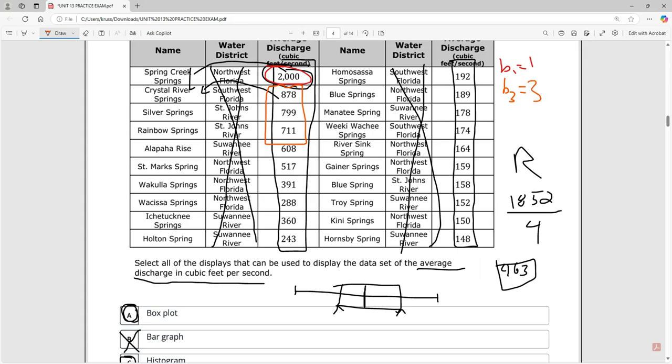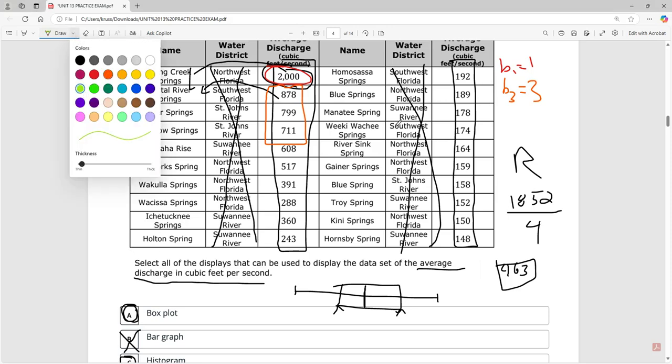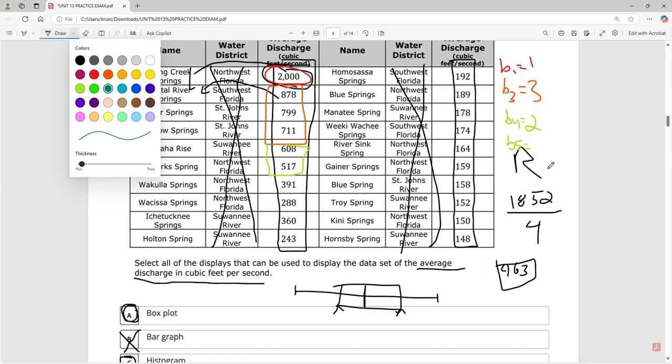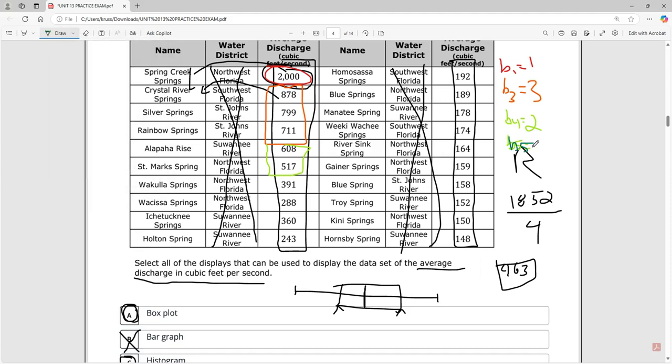I take 611 and I subtract 463, and it'll be 149. So everyone from 611 to 149 would be bin 4. So bin 4 is, let's see, 611 to 462. It only has 2 in it. And then bin 5 would be 149 to the bottom. So bin 5 equals